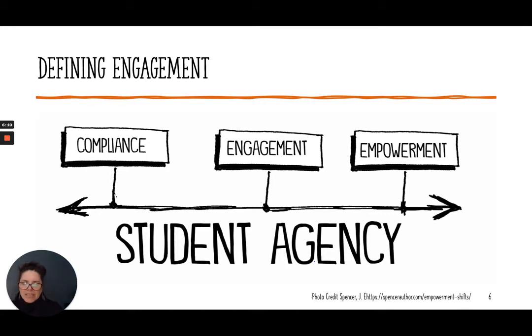And when you get to the center, you see engagement, and that's great. But engagement also implies that it's the teacher's sole responsibility, as if you have some sort of switch or magic wand, or you're going to do something so fabulous, everybody cannot wait to be engaged, right? That is a start, and it's important. But let's look at empowerment. And empowerment is really where we get into that whole notion of